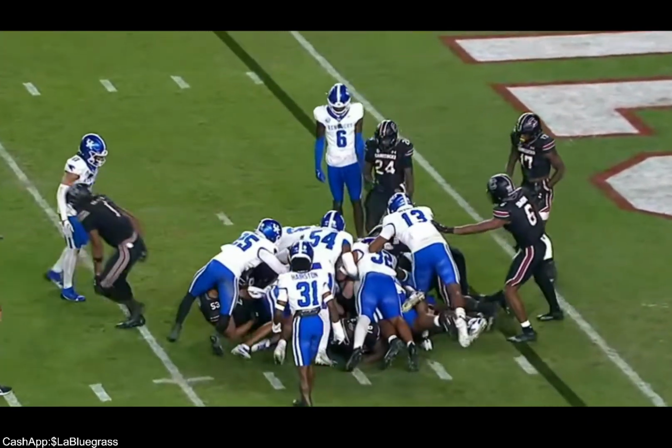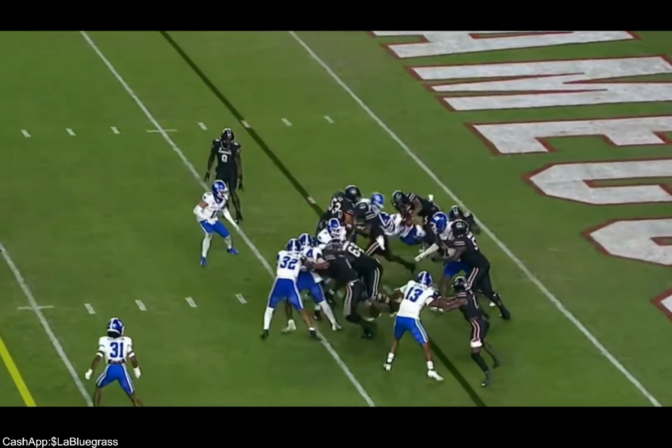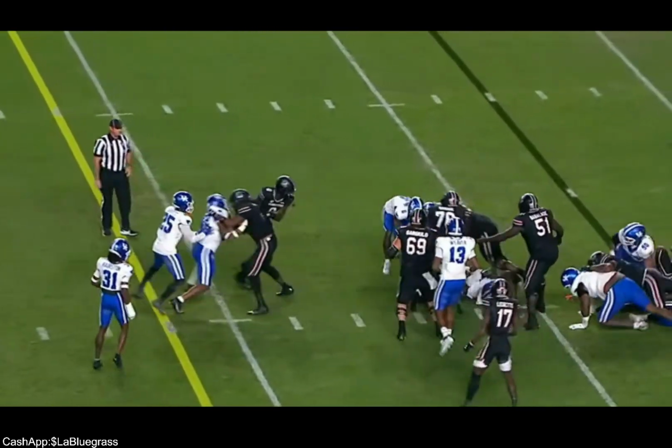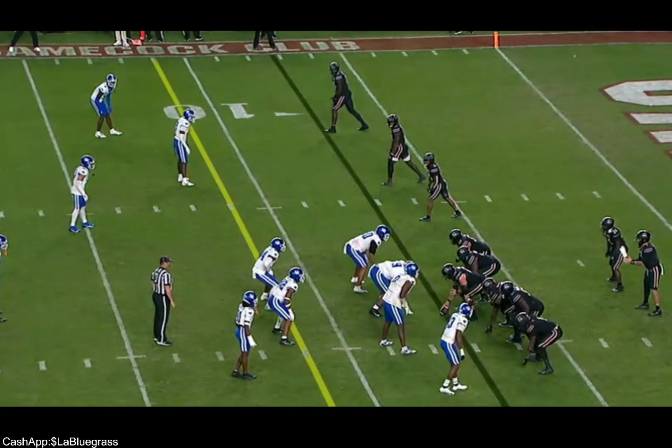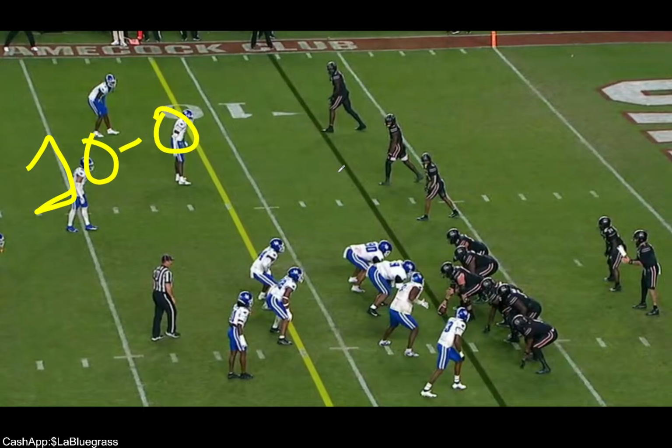So we got a punt. Defense does a really good job of holding down the fort, doing their job. After the score was 10-0, South Carolina had 9 more possessions. 8 of them were stopped.